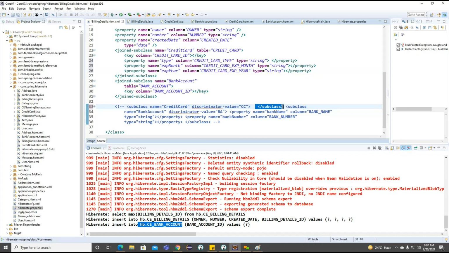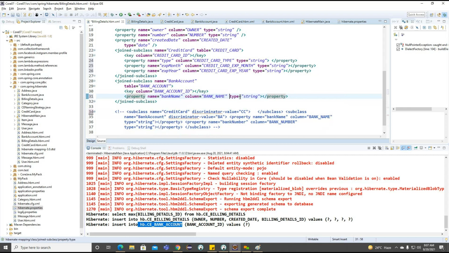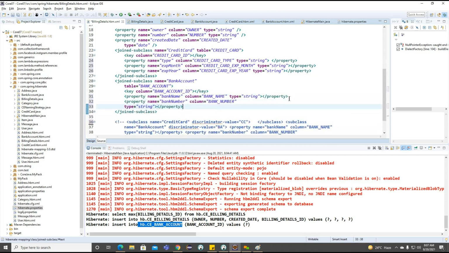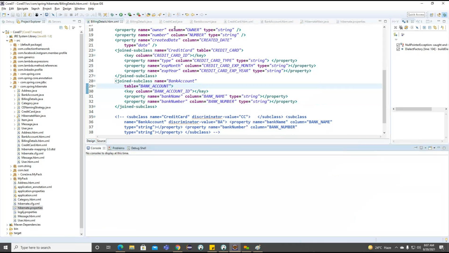And the subclass is closed here. So we are having one more column, and this is our final column. Right. So we'll keep it as it is here.